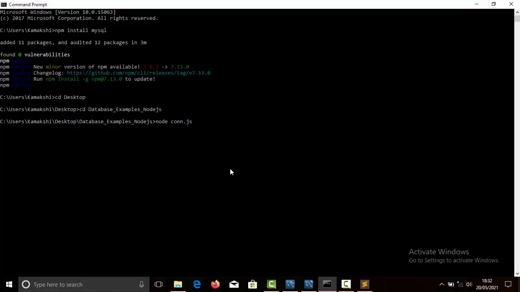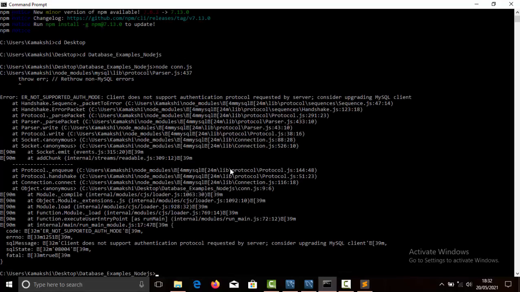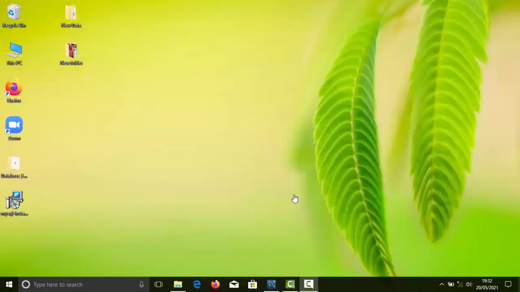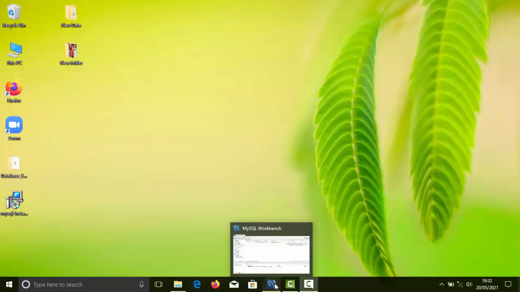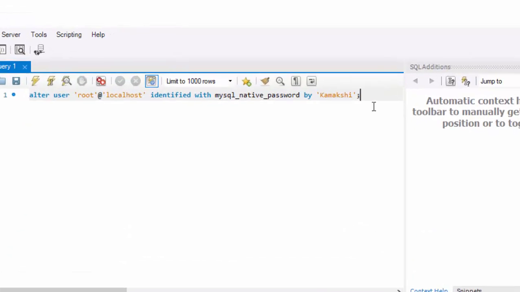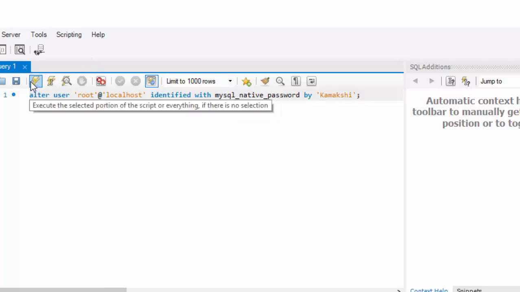See, it has generated an error because of a conflict with the password. In order to resolve this, just come to the MySQL Workbench, and here I have provided a command, or we can say a query: ALTER USER root@localhost IDENTIFIED WITH mysql_native_password BY, and here in single quotes just provide the password which you mentioned during the installation, and execute it by clicking on that button.